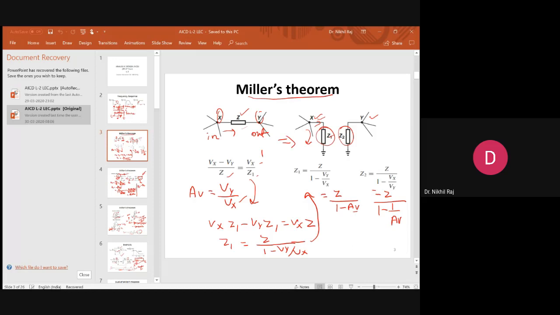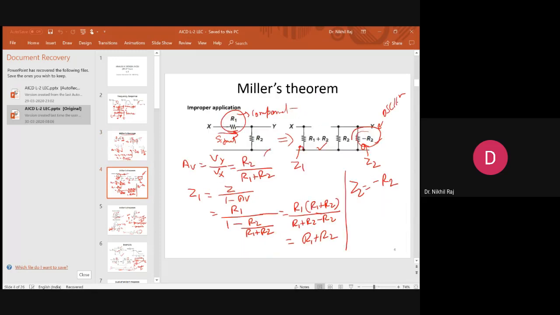Now here the thing to remember is we are talking about nodes. Whenever we are talking about nodes, we are dealing with the voltages, so we have to take in terms of V in and V out. So whenever V out and V in come into the picture, the gain will be expressed in the form of AV. Okay, so that was the decomposition, and then the decomposition verification is shown here.